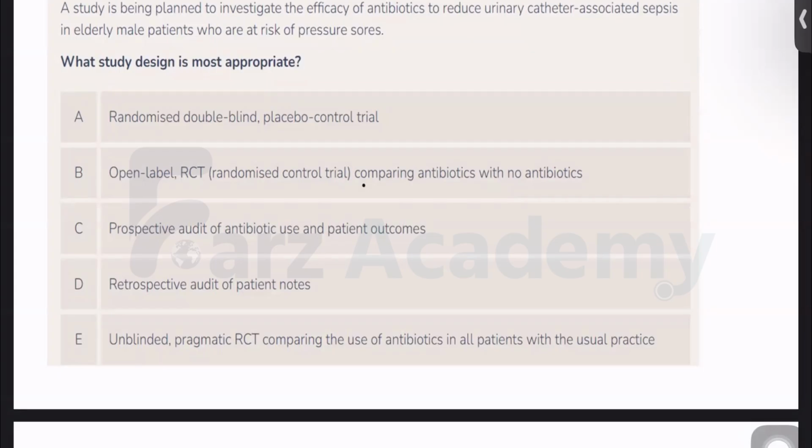What is the most commonly used clinical trial that I told you? Most appropriate. So it doesn't mention most practical as we saw last time, right? It doesn't tell you whether you have to compare incidence or not. It doesn't tell you that you want results quickly. It wants you to mention the most appropriate one. That means the most ideal one by which you will go, irrespective of time constraints, money constraints. So which is the most common clinical trial that is done?